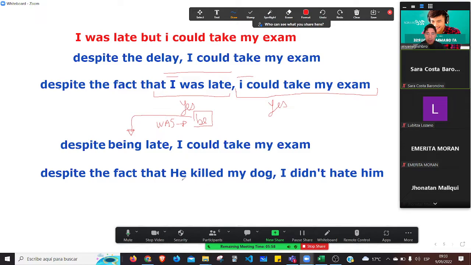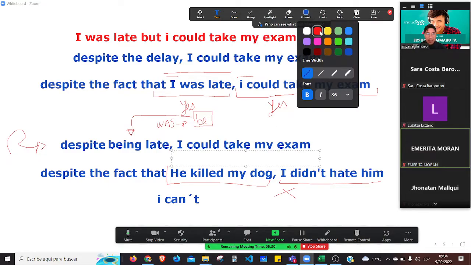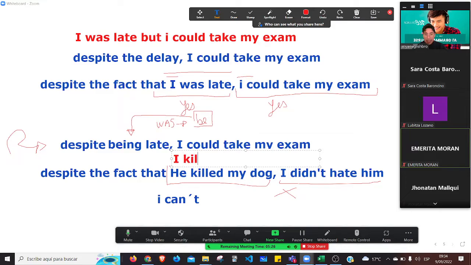Mi consulta es, ¿puedo usar esto de aquí con el verbo? ¿Qué opinan? Sí. No. It's different. No puedo. I can't. ¿Por qué no puedo? Porque mira, el sujeto de la primera oración, ¿cuál es? He. Y el de la segunda es I. Son distintos. Pero ¿qué hubiese pasado si es que yo dijese, despite the fact that I killed my dog,